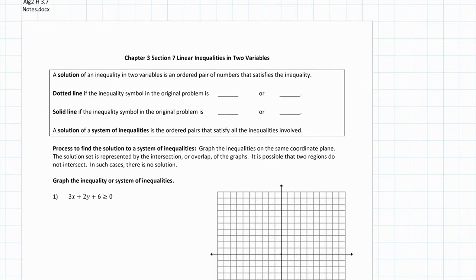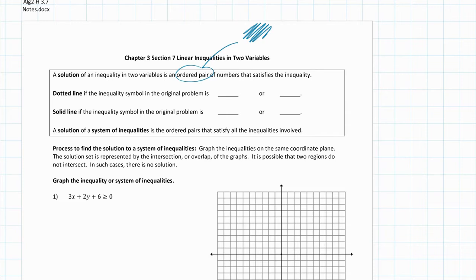So just as a review, if we're talking about a solution of an inequality, we could have an ordered pair that satisfies the system, or satisfies the equation, but a solution of an inequality in two variables is technically an ordered pair or ordered pairs, it could be plural. So we can represent that by a shaded region on a graph, all of the possible ordered pairs that satisfy